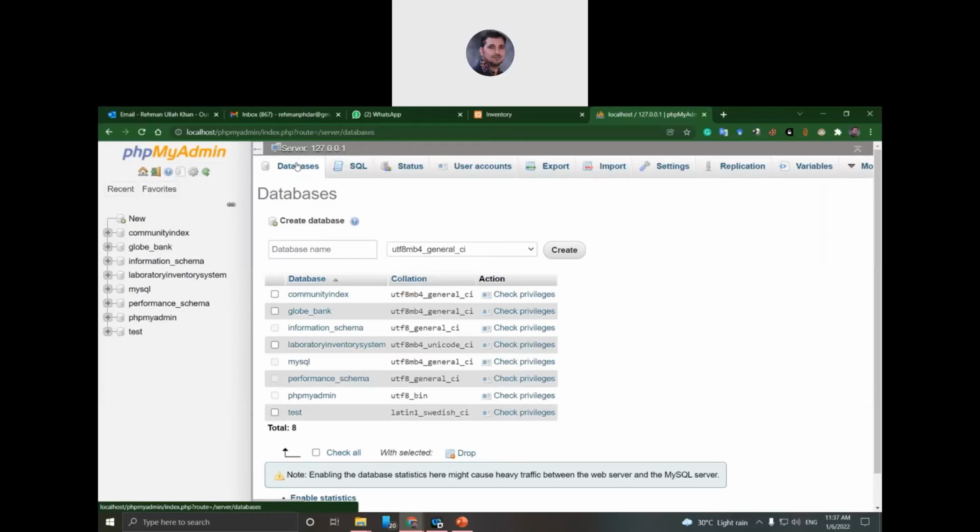If I click databases, you see all the databases are displayed here. Here we can even create more, and we can delete. If you select this one and click drop, it will be deleted. You can modify the privileges, all those things. Okay, so if you want to create a new database, for example,